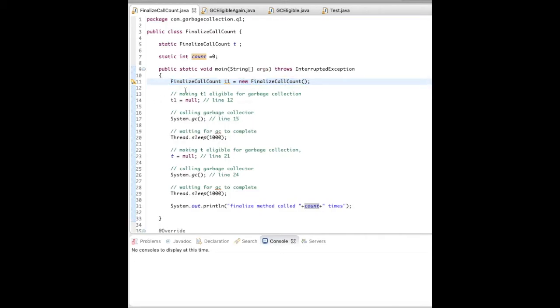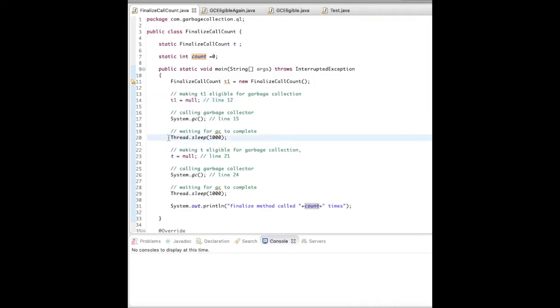Now I am making this t1 null. So when I make this t1 null, since it has no reference, this object will be garbage collectible. So when I do System.gc, garbage collection will remove it.